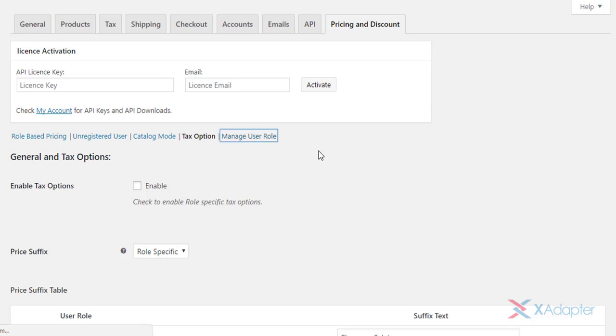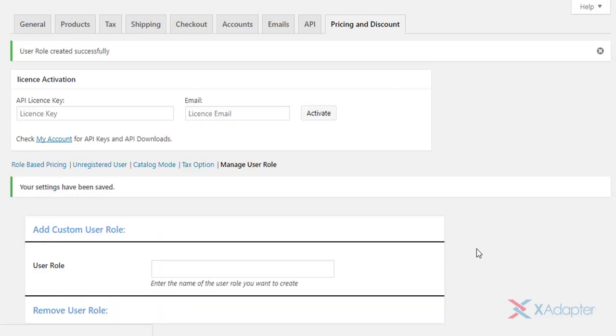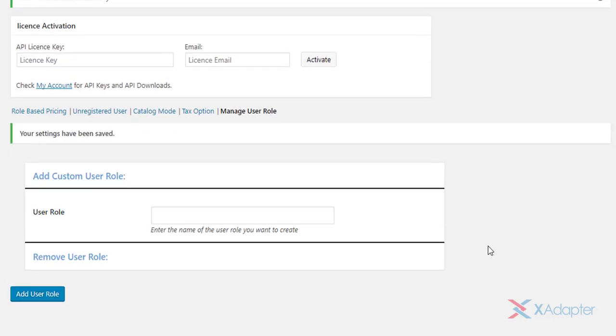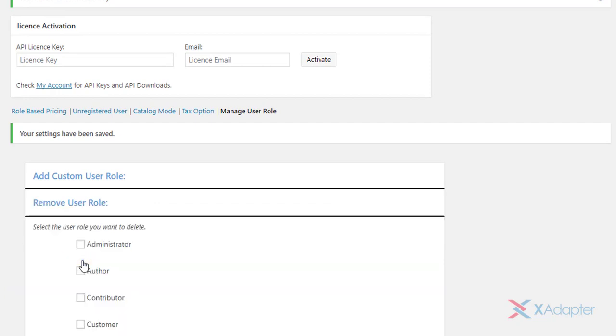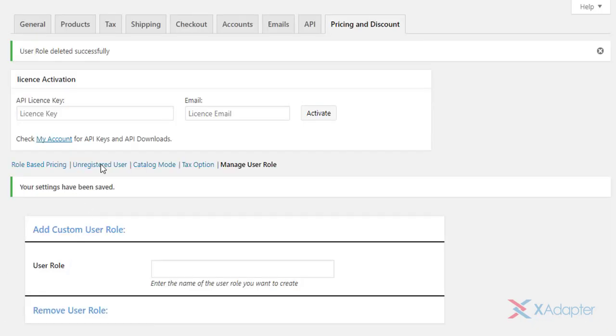The last set of settings is where you manage all user roles. To add a new user role, enter desired user role name, and click on Add User Role button. These user roles are only limited to the plugin, and cannot be accessed for other WordPress user functionalities. To remove an existing user role, tick the respective checkbox of the user role, and click on Delete User Role